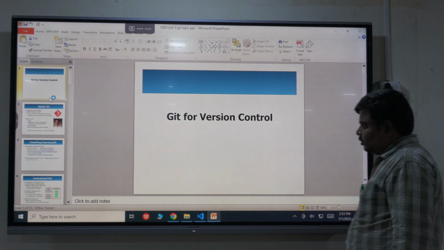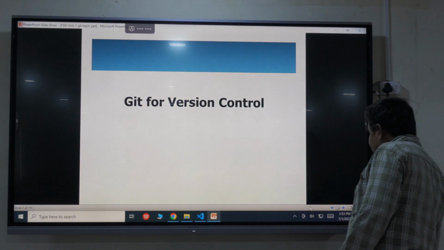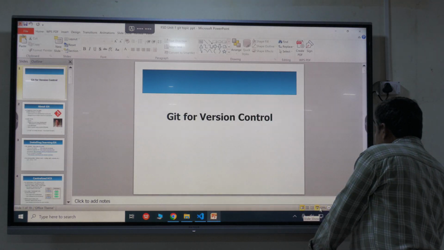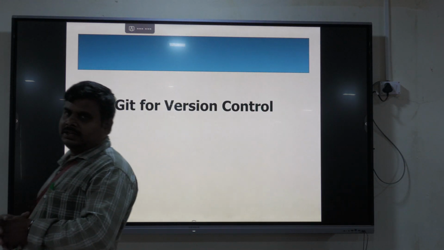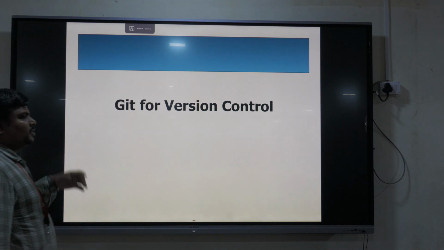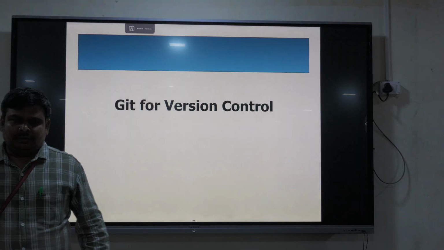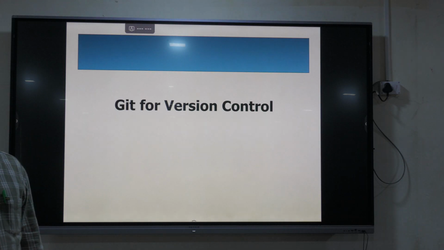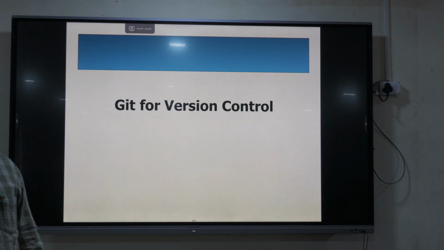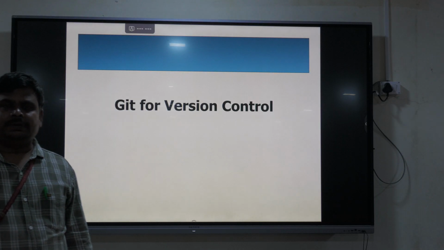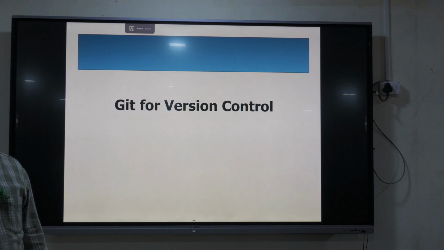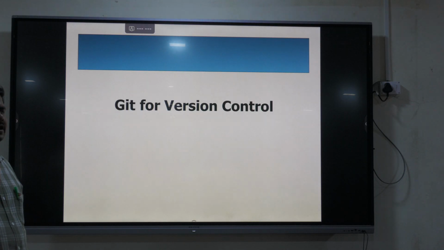The main use of Git is, what is Git? Git is a version control. What is version control? If you see in a software company, multiple developers will work on a project. They will be developing their individual modules, and there will be a project manager. But many times the code has to be approved by the manager, and it should finally be taken into account. So here, when multiple developers are going to develop, and they are going to work on